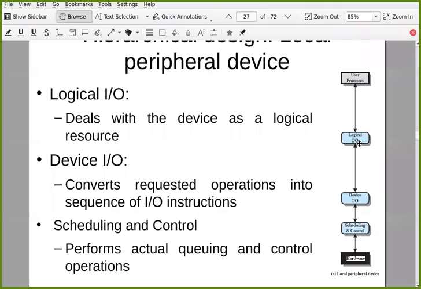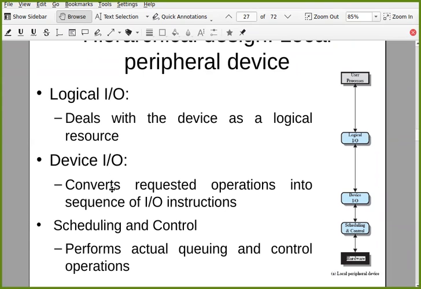For example, logical IO. Okay. So this logical IO layer of the OS makes your job easy to deal with IO devices. Now, all the operations that you want to perform on that IO device, maybe read, write, or whatever. Okay. So you can see at this layer, as a user process, you can see the IO device itself in a logical form. So it's a logical resource where you can read, or from where you can write, something like that. So you just need to say, I want to read from disk, I want to write to the disk, something like that. Logical organization.